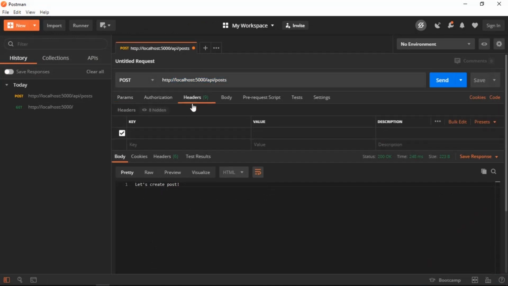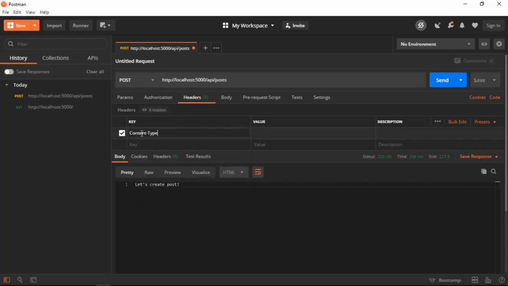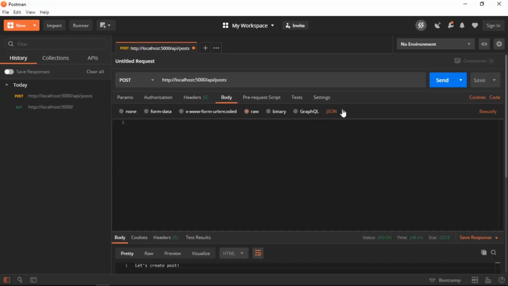Let's go to headers and just say content type, and the value say application/JSON, and let's go to body, and let's go to raw, and just make sure this is JSON. And inside in here, inside a quote, say title, say post 1,